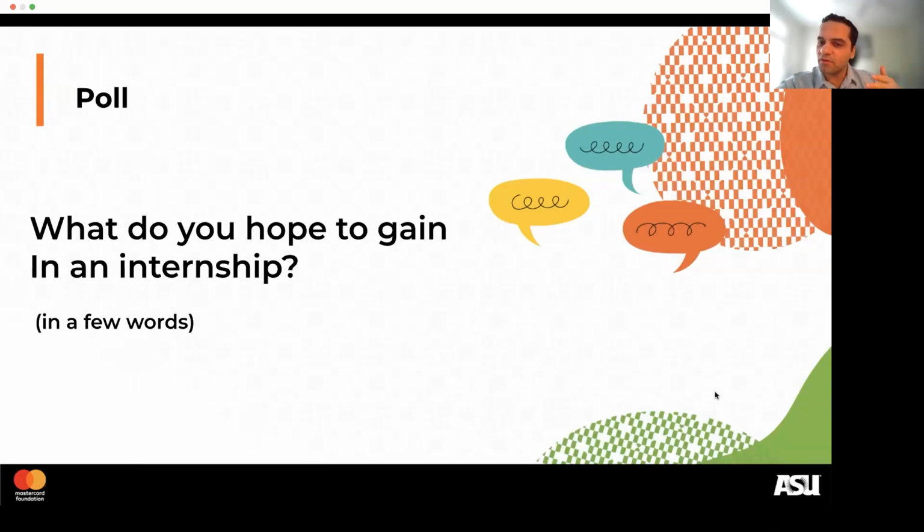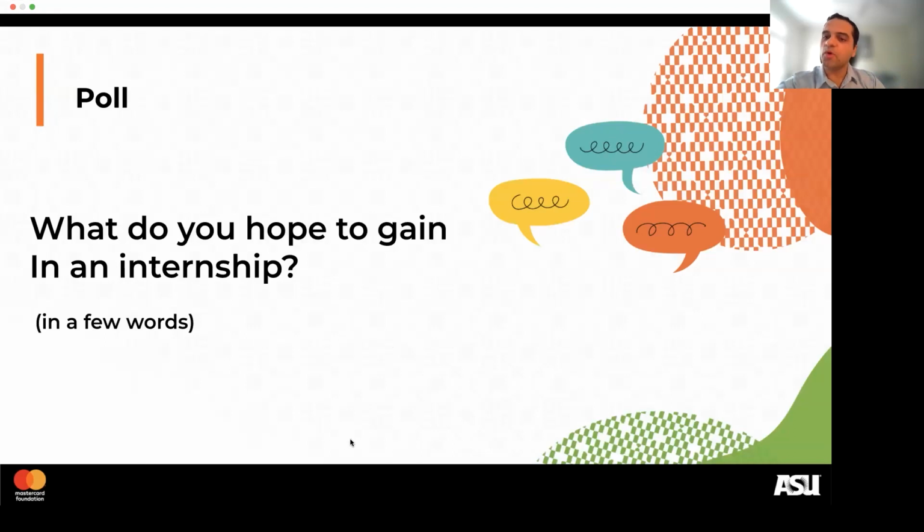Required skills needed for the corporate world or the professional world. Welcome, we're happy you're here. Experience, of course, very good. Gain knowledge, experience and networking. You all are hitting exactly the right places here. Apply for a job, yes, for sure. It's really important. Get skills in my chosen field, for sure, yes. I love this, and the first thing I'll talk about after this poll is this exact point, the point of experience.